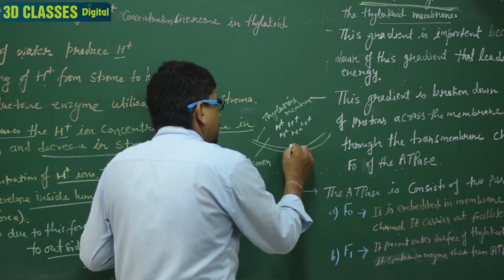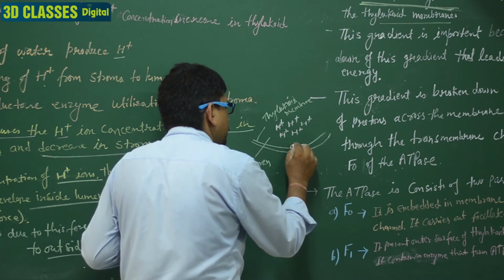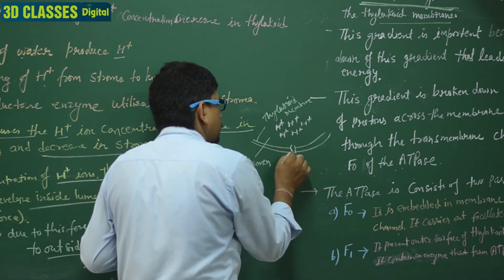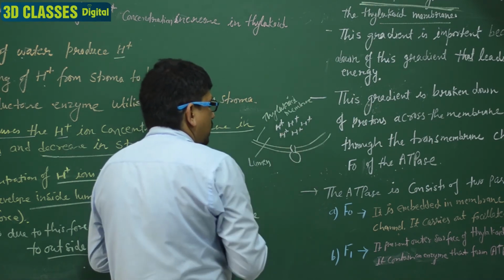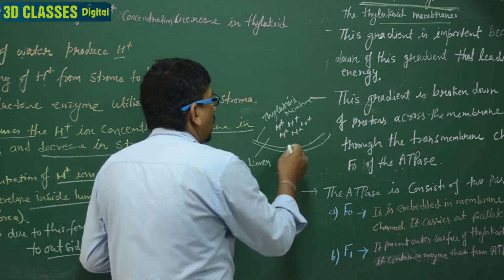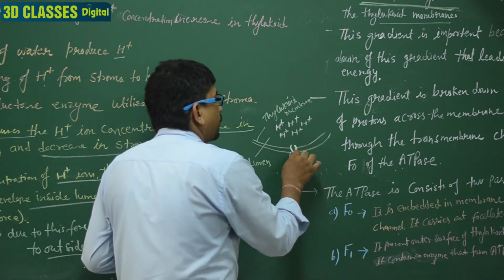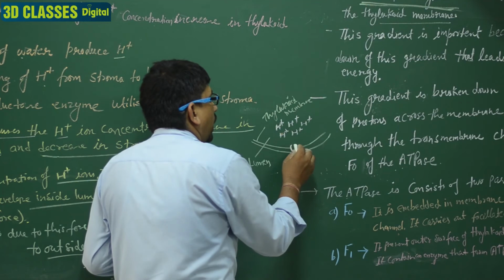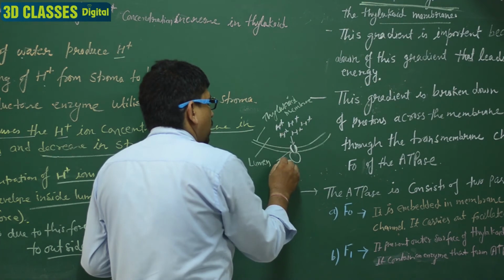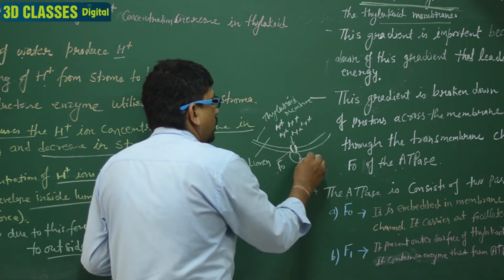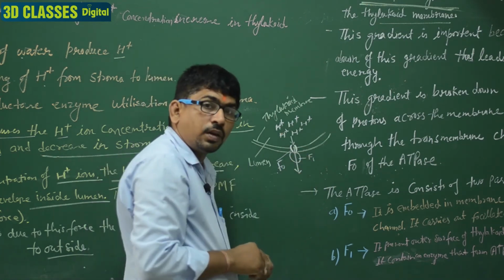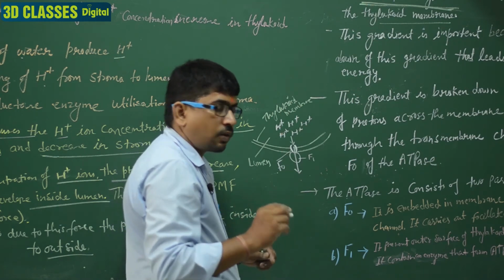In this membrane, a structure is present like this. This is a channel, a tunnel we can say, and it is like a porin protein. We discussed the porin protein. Through this tunnel is the movement of the H plus, and this one is known as F0, and this one is known as F1. The movement of the proton through this channel is with the help of facilitated diffusion. It means there is no energy required.